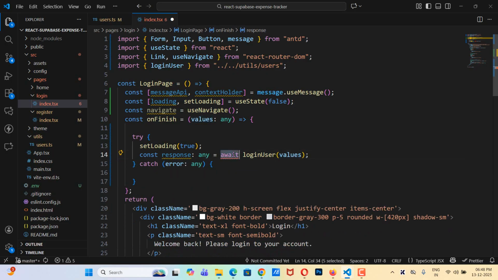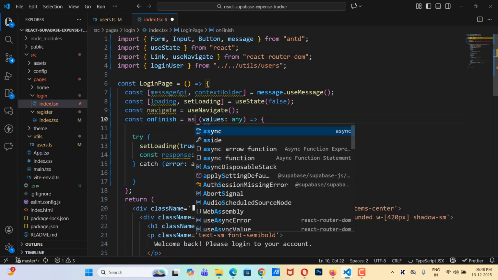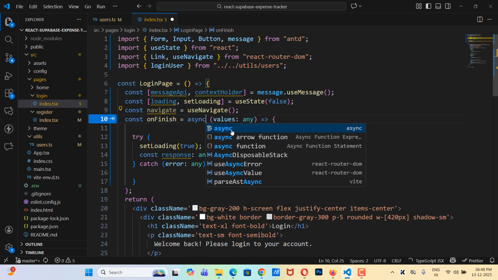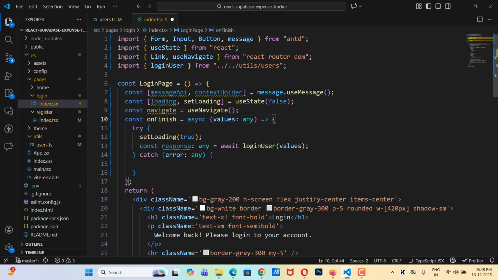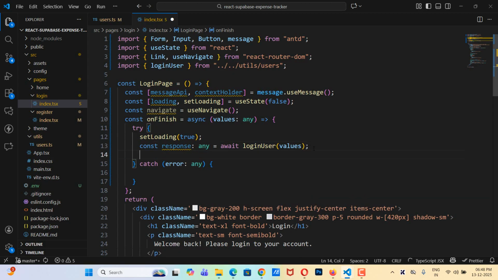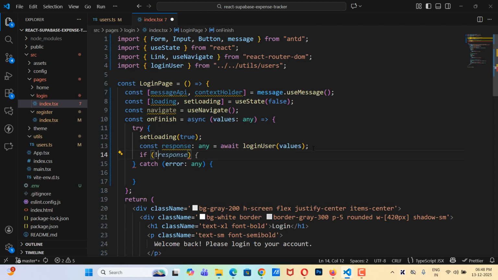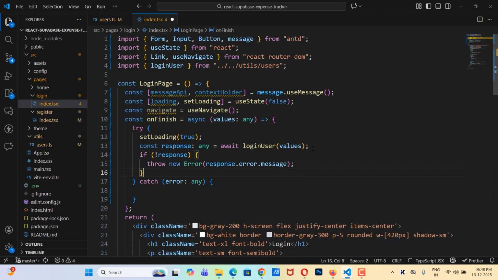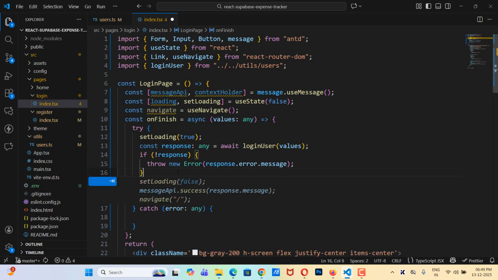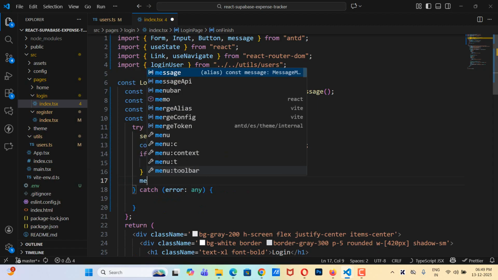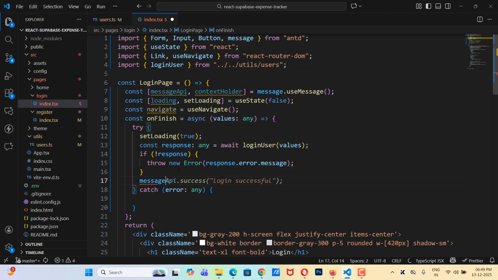We are passing the values, and as it is await, this function should be async. Then we take a condition that if not response success, then we throw the error response.error.message, and if it is successful, then